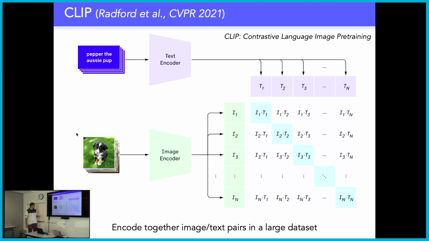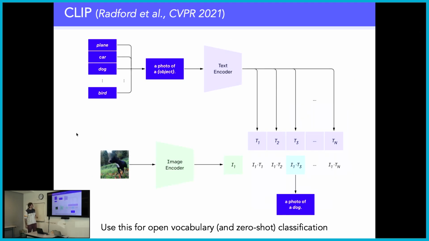And from that you can learn the pairing between image and text. Once this is done, what is interesting is that you can do open vocabulary and zero-shot classification, which means that for an input image, a query, you can go to the latent space, and from a set of labels, you can see which one corresponds the most to the image that you put to the system. And there are ways to do that for semantic segmentation. In this case, you can do it for each pixel in the input and find what label corresponds to each pixel.